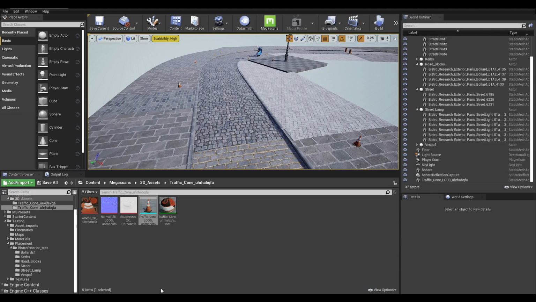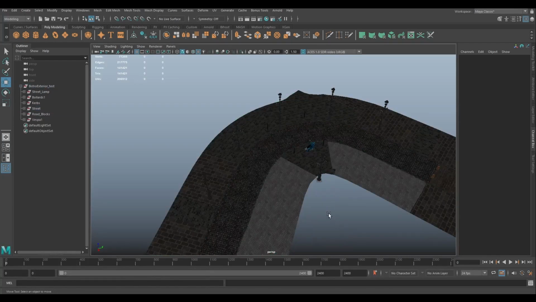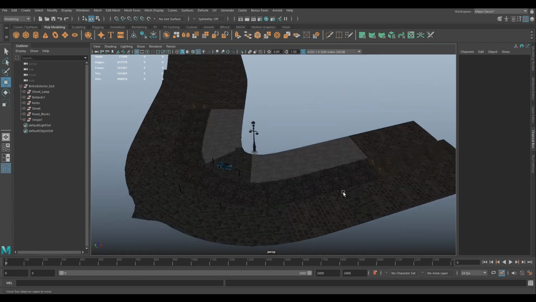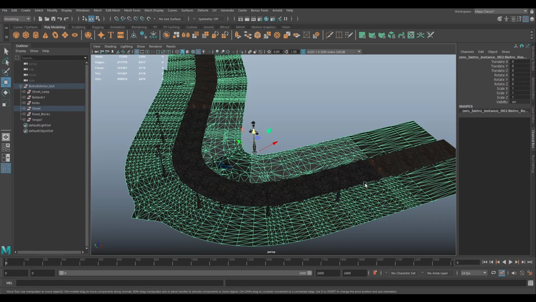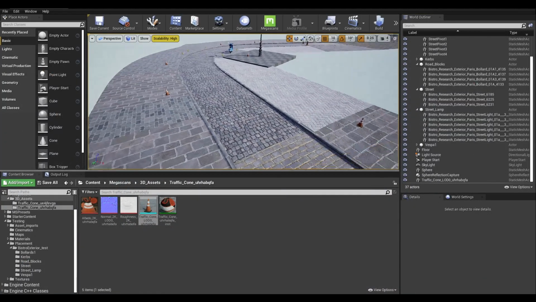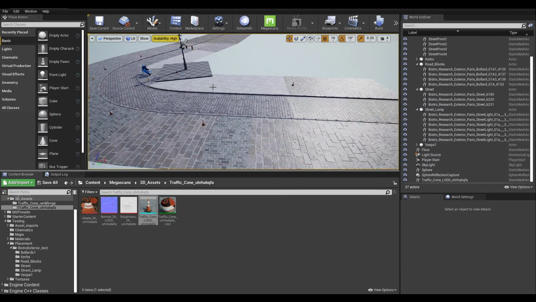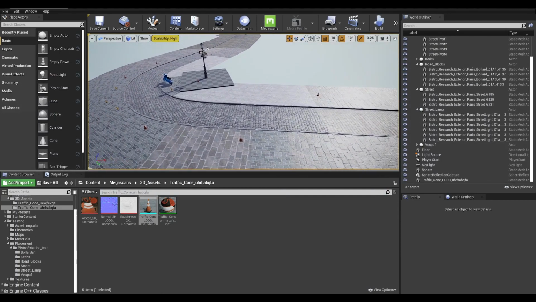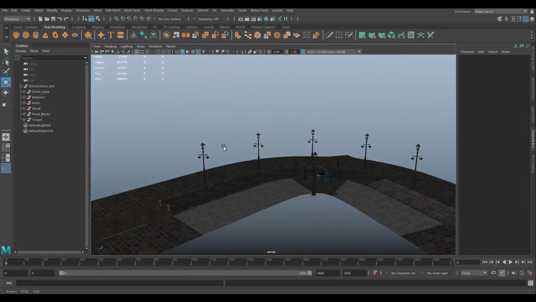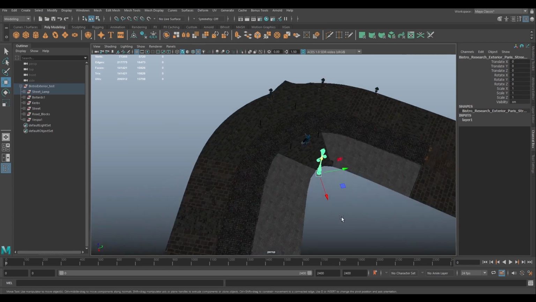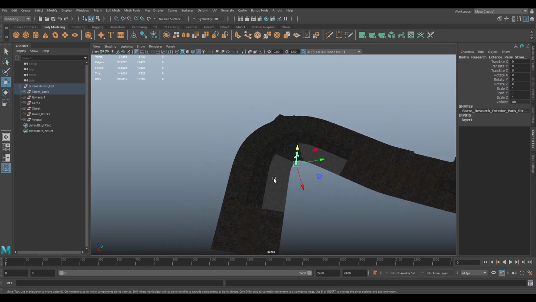So that's where things can get a little bit complicated. It's always best to have a good process when you're working inside Maya when it comes to instance assets. These things here, you're not going to swap these out because they're part of your environment. So that's something to be mindful of if you're working with instances. They can sometimes trip you up, but I think if you have a solid process inside your source package like Maya, and what I've done here is I've kept my parent object at world 0, and then I've moved my instances to where I want to place them,